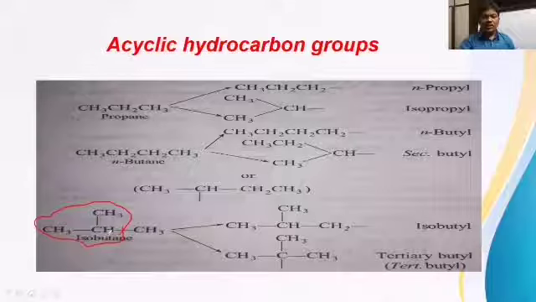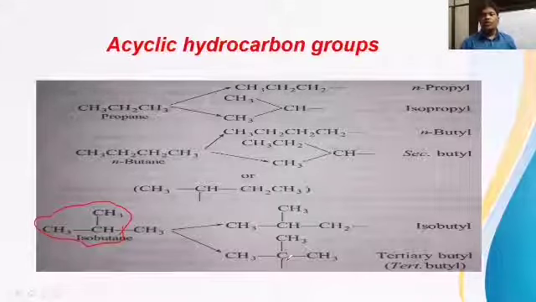And if you remove hydrogen from this carbon, the CH is there. The CH carbon is a tertiary carbon here. Why? This carbon is directly attached to 1, 2, 3 carbons. So it is called a tertiary carbon. From this tertiary carbon, the tertiary hydrogen is removed. Then we get this type of structure. It is called the tertiary butyl group. Why is it called tertiary butyl? The free bond is located on the 3° carbon. So it is called the tertiary butyl group.